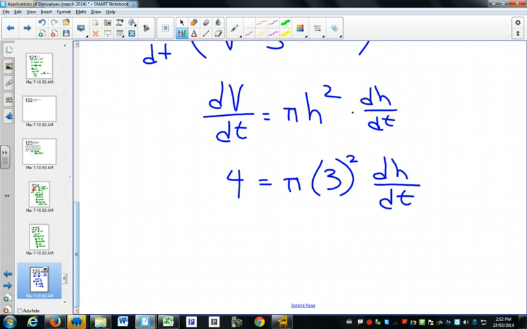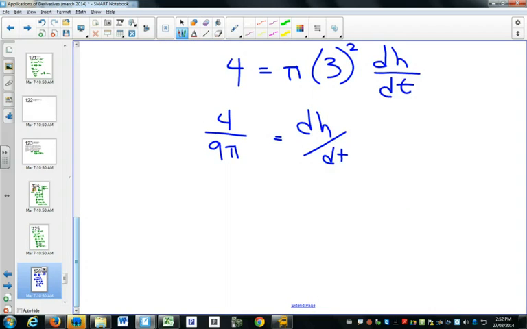dH/dt. Simplifying this, dividing everything to get dH/dt by itself, would be 4 over 9 pi, which is